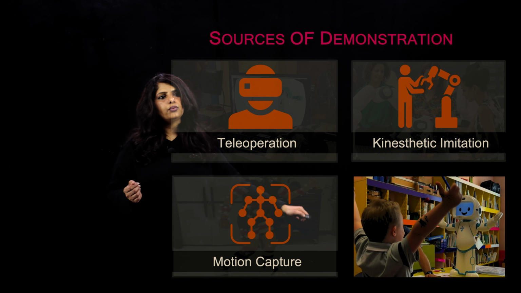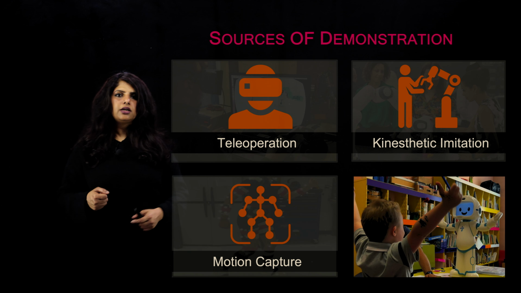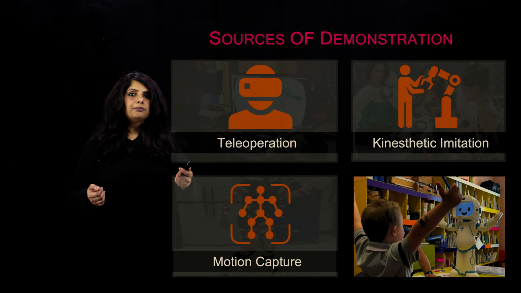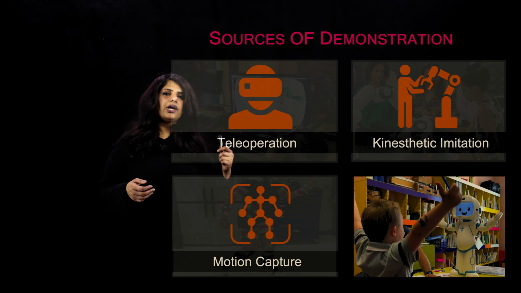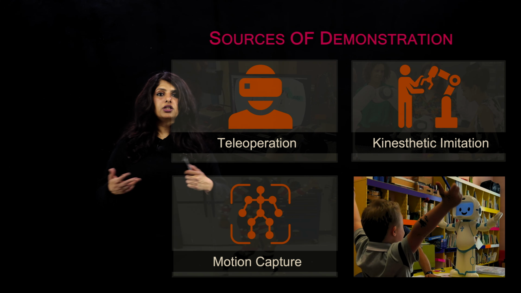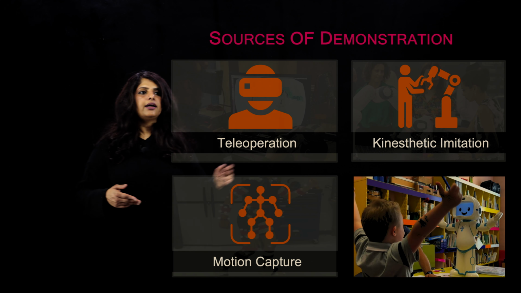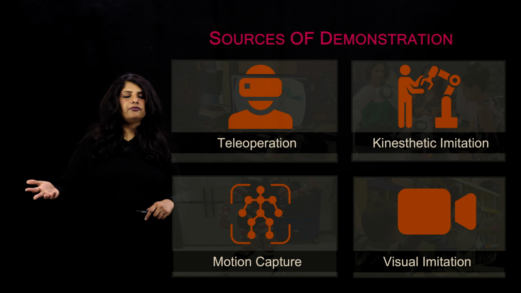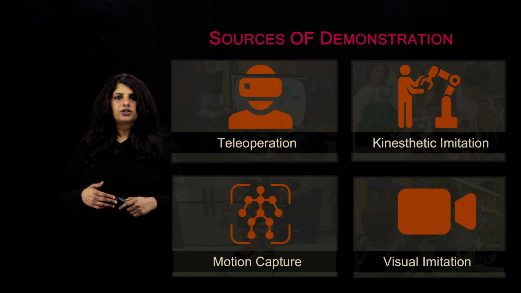In another case, we can think about ways in which we can purely use video information to be able to perform imitation learning. In the case of the cross-embodiment inverse reinforcement learning examples, we saw that we are able to track task progress just from video data to then learn the type of actions that our robot has to perform. This is what we call visual imitation, where we're trying to go from video data to be able to perform actions with a physical agent.